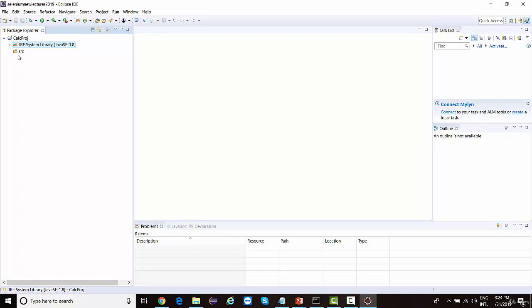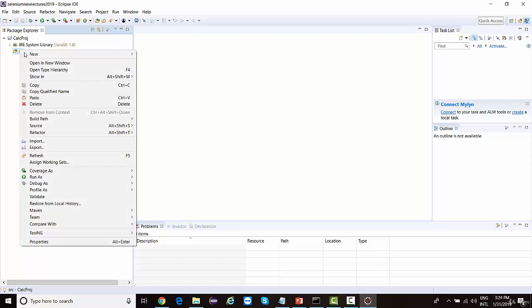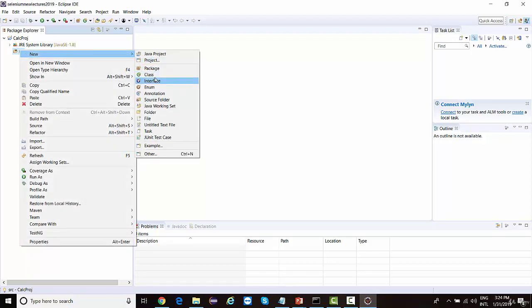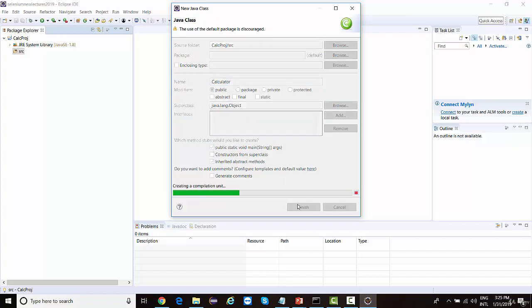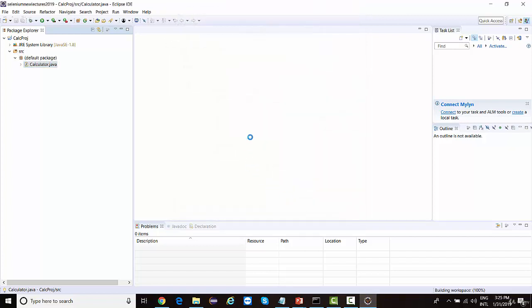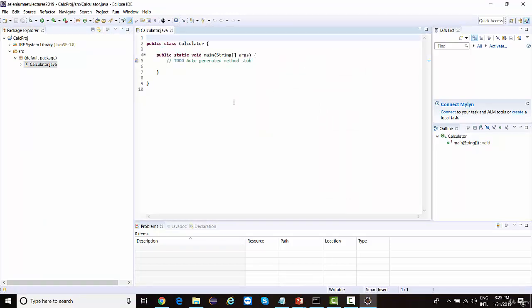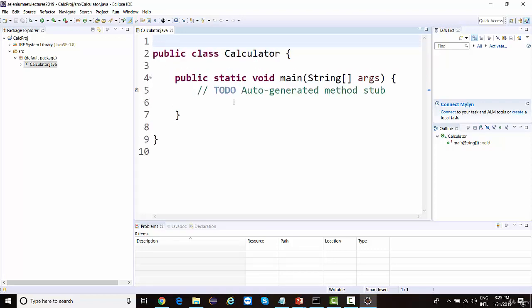So let's say I'll start from the SRC folder, and I'm going to create a very first class. I'll say New and click on Class and give the class name as Calculator because we are designing a calculator. Now you need to make sure that whenever you're creating a class, the class name always starts with a capital letter. So capital C in this case, right? And then you need to check public static void main. Click on Finish. You'll see a sample code generated over here. Let me increase the font size. Control Shift plus plus plus. We're going to increase the font size.